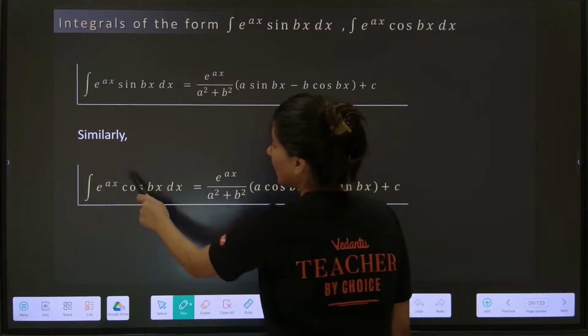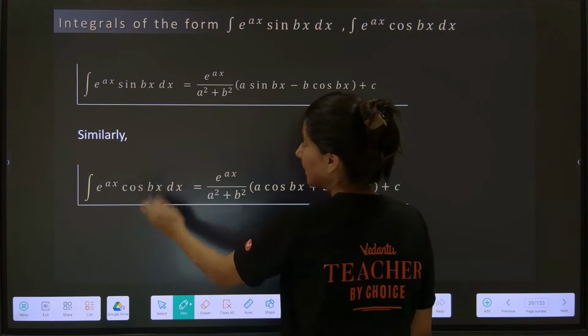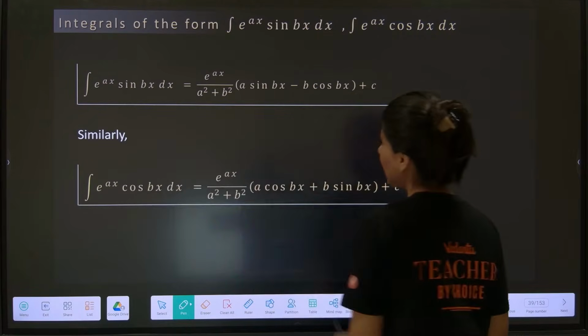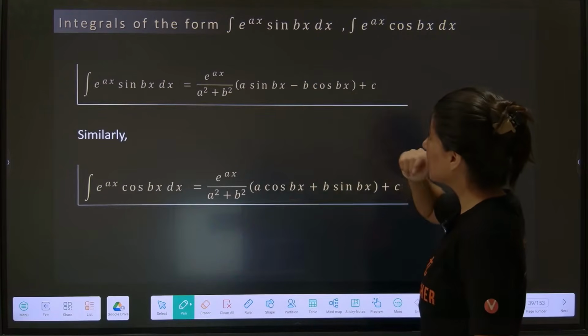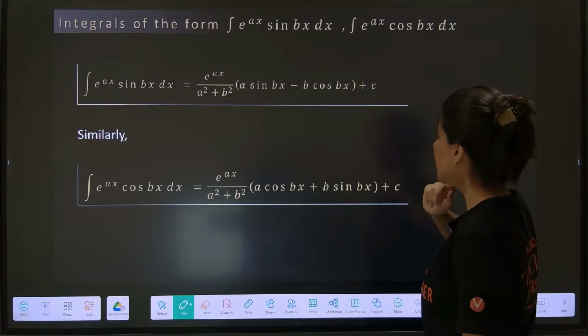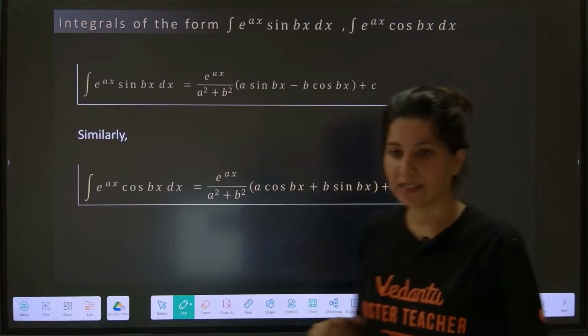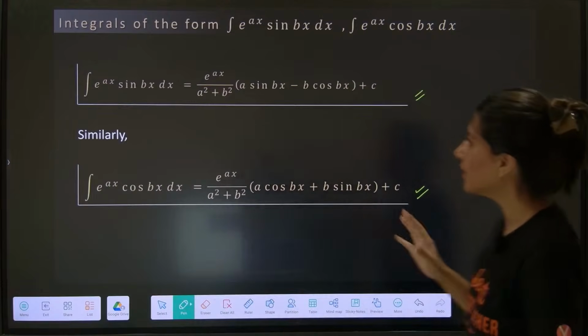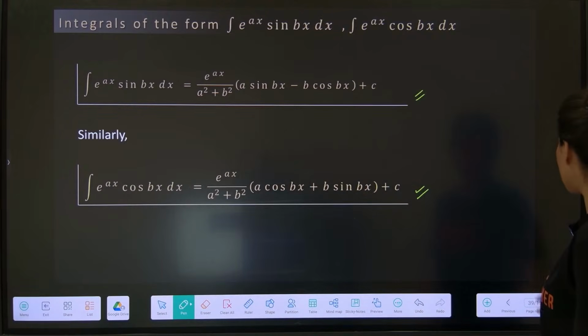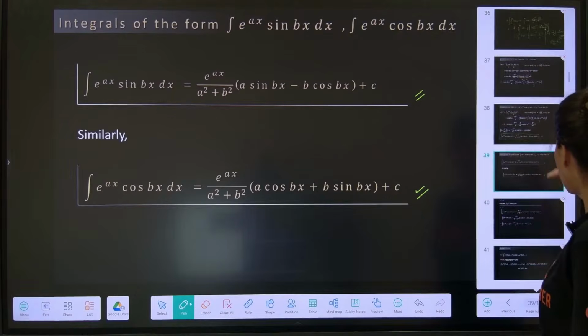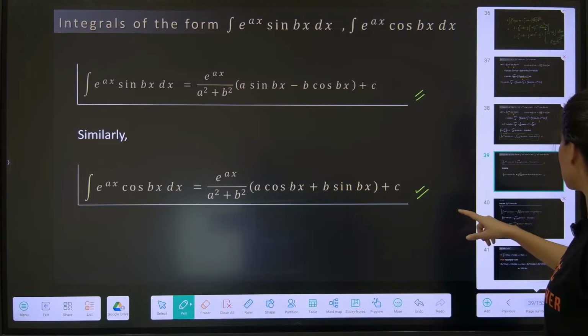Now e power ax cos bx. Similarly, we'll integrate, we'll realize that okay, sin will become cos, cos will become minus sin. Not very difficult to remember, but yes, slightly lengthy. Do not worry. Solve a couple of problems, automatically it will come in your brain. Okay? Yes? Chalo. Now, if I give you one question, e power 2x